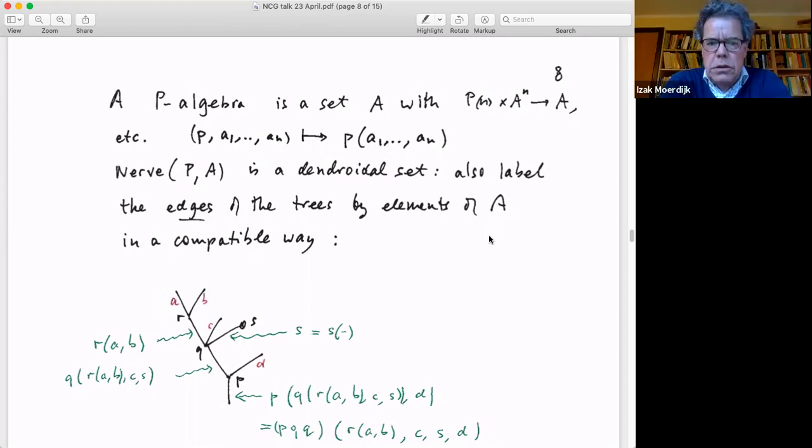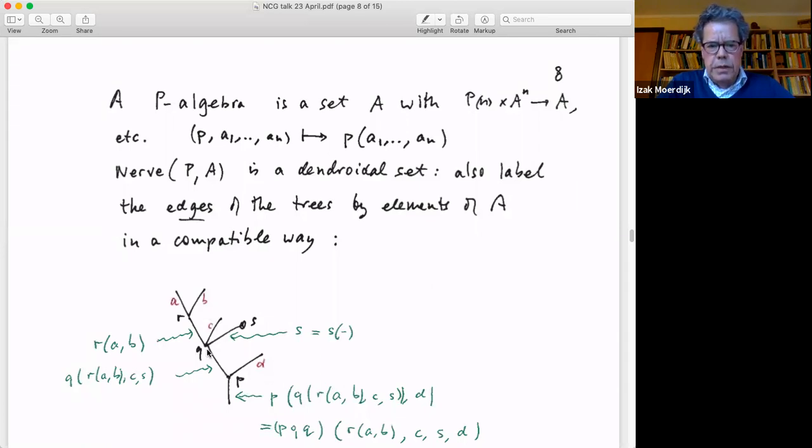I said the nerve of an operad is a dendroidal set. The nerve of an algebra will also give a dendroidal set. So if you have an algebra A for the operad P, it's given by maps like this, satisfying several identities. I will write the application just as if it is the application of a function, like this, for the notation. And then you can define another dendroidal set, and it's very much like the one before,